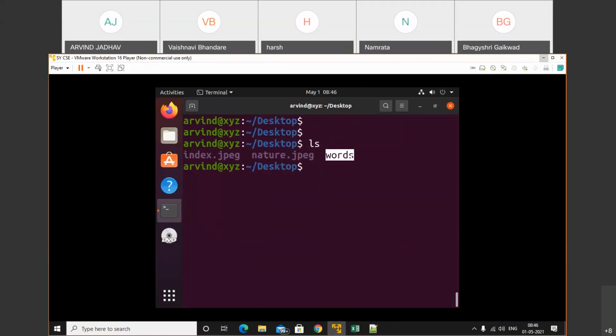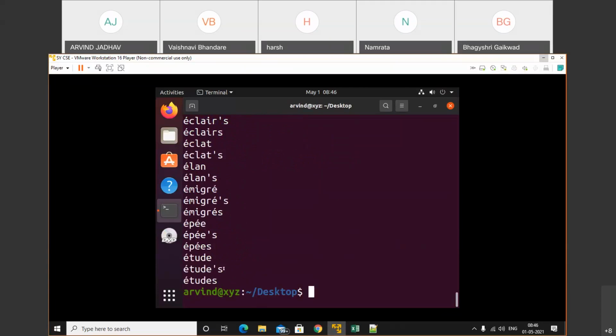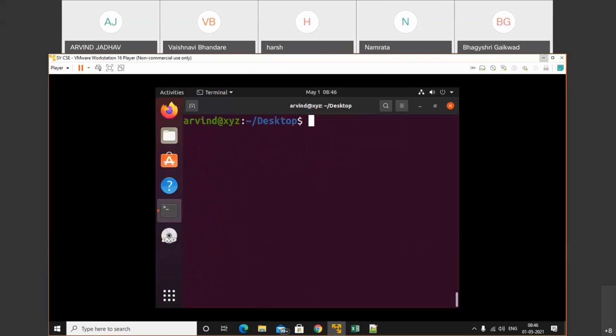If you want to check the words, we can open the file with the cat command. See, we have a bunch of words. If you want to check how many words we have, we will use the pipe command also. So cat words, and this one is the pipe command, the single-line command.